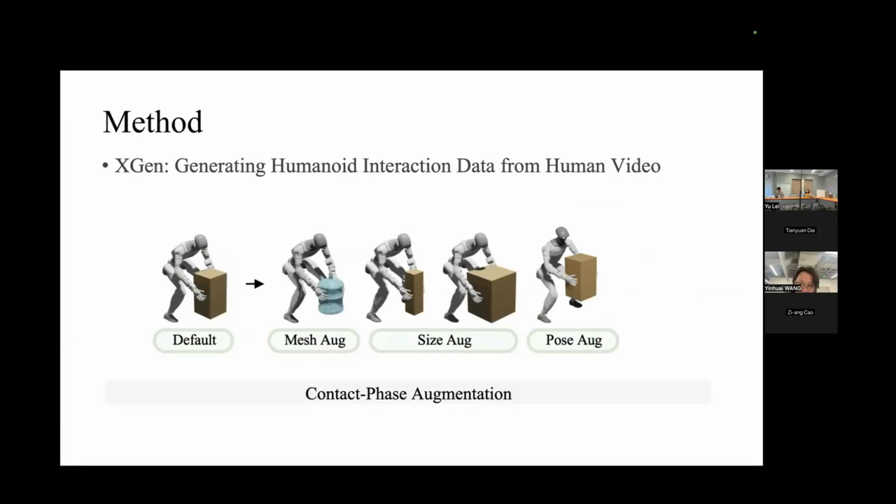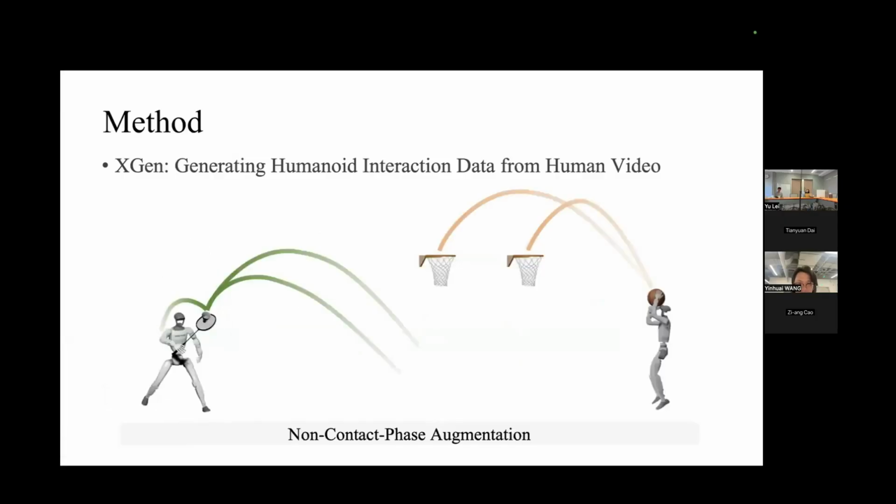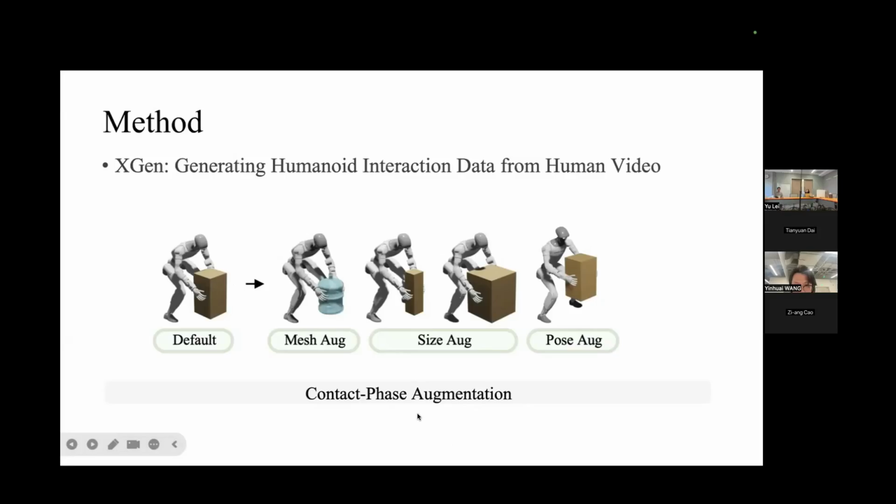Similarly, we can change the object sizes and even the object pose. So finally, we can generate diverse interaction data from one video. And this is for the contact phase.